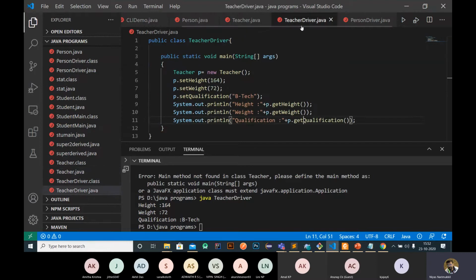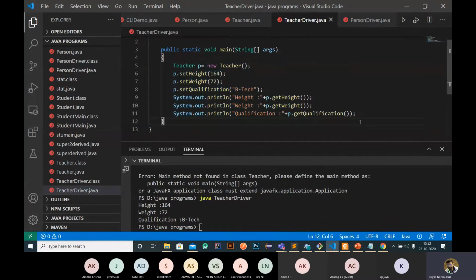Then we create another class, TeacherDriver.java. Here is the main method, right? Inside that we create an object of teacher and we set height, weight, qualification, and now just print everything. These set and get methods are from the person class. As teacher inherited them from the person class, an object of teacher will already have these variables and all. So we are using these methods that are in the person class for doing operations on teacher.